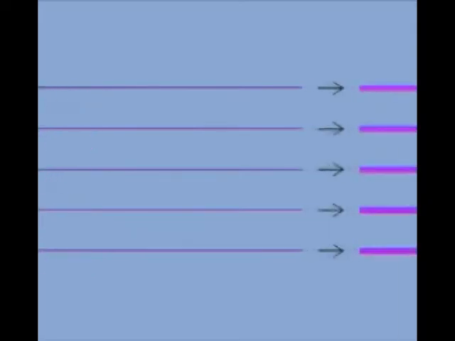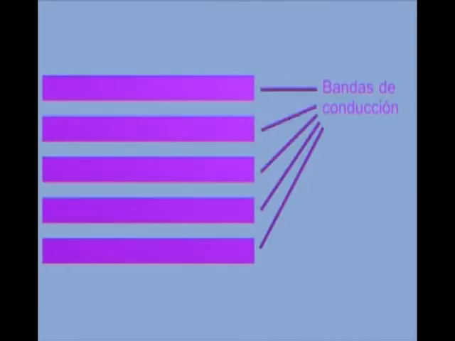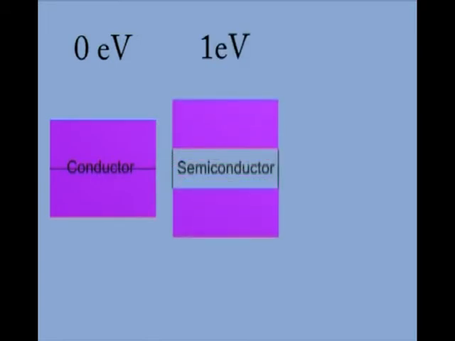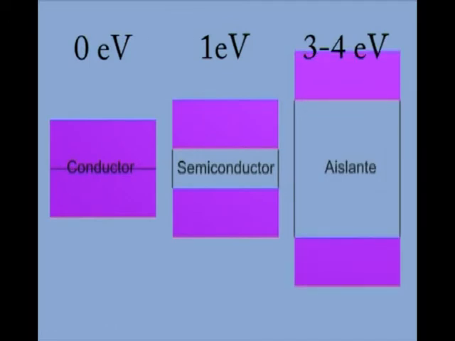LED diodes are manufactured with direct gap semiconductor materials. Two kinds of bands can be seen in semiconductor materials: conduction band and forbidden band. In the recombination process, electrons move from high energy levels to lower ones. In nature, we find three different types of materials: conductor, with practically no band gap; semiconductor, with an approximately forbidden band of 1 electron volt; an insulator with more than 3 or 4 electron volts